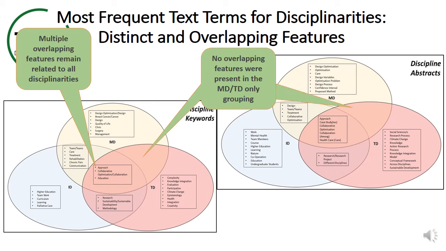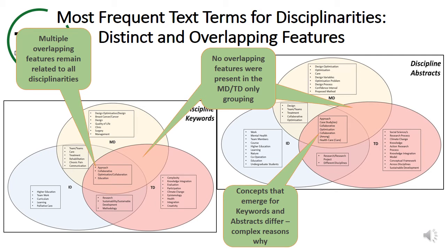However, in the individual overlaps, of note is the multidisciplinary and transdisciplinary grouping, where no terms are present in the keywords or abstracts, illustrating how distinct these samples were from each other. This is interesting as it suggests that these differences are already apparent and understood well by authors. There are differences in those terms emerging for the keyword and abstract samples, and the reasons for this could be complex. This may be related to the mental models of the researchers, the publication repositories, or the personal motivation for the publications, but the reasons cannot be identified from these samples alone.